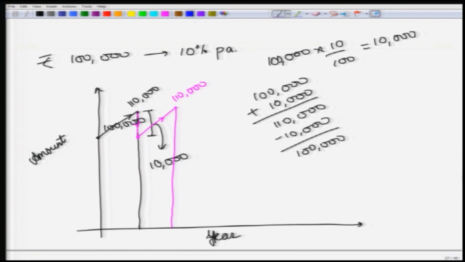Now, in this year you again extract 10,000 rupees, and so you are bringing the situation back to the starting position. So, as long as the rate of interest, or in the case of forest the rate of increment, does not change, and so long as your principal is not lost, such as in the case of forest, if there is no forest fire, if there is no infestation. So, at the beginning of every year, the situation will be the same as it was at the beginning of the previous year. At the end of every year, the situation will be the same as it was at the end of the previous year. So, this is a sustained yield.